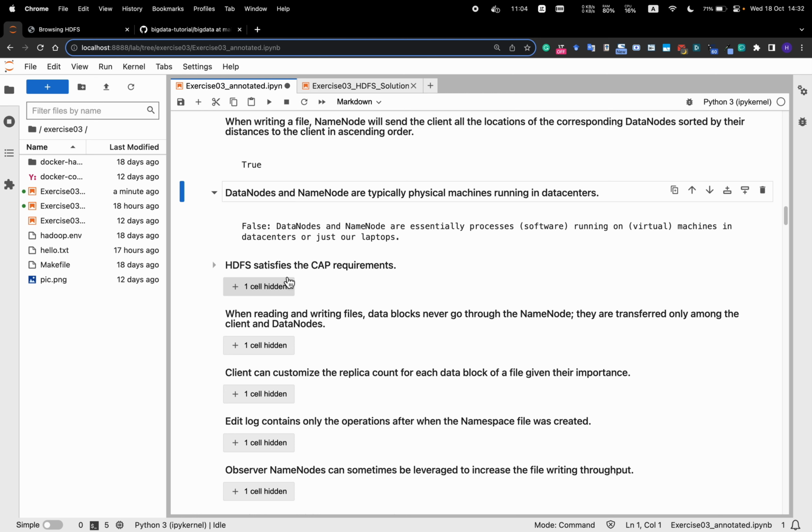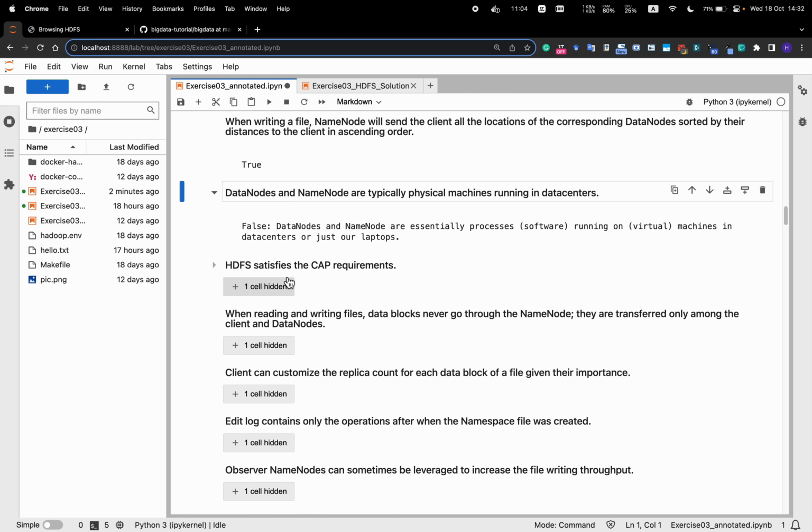That's why some students were asking why you have the clients co-located with one of the data nodes. That is because on the physical machine, the client was running some processes together with one of the processes being the data node. That's why you have the co-location happening. Later we'll see the communication. If the client process and the data node process are co-located on a single machine, then the communication between them would be IPC, inter-process communication. This is very efficient.